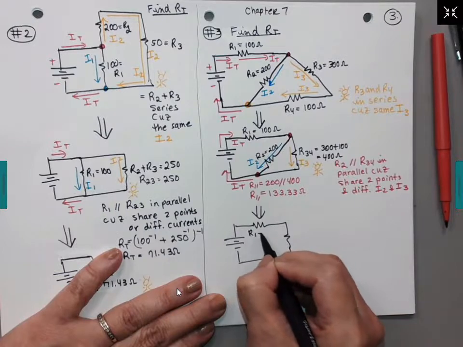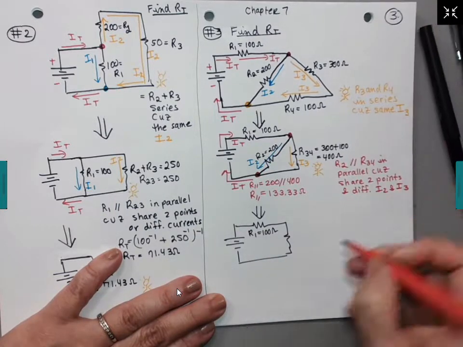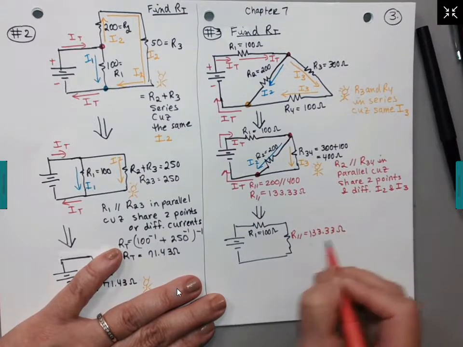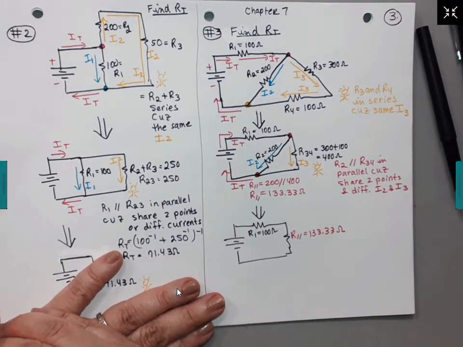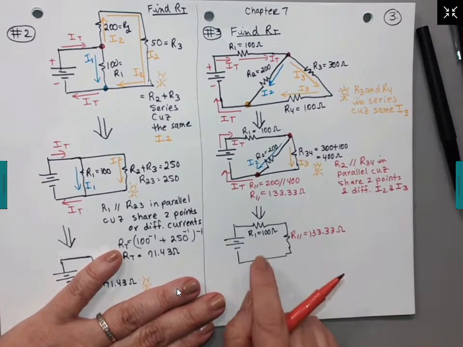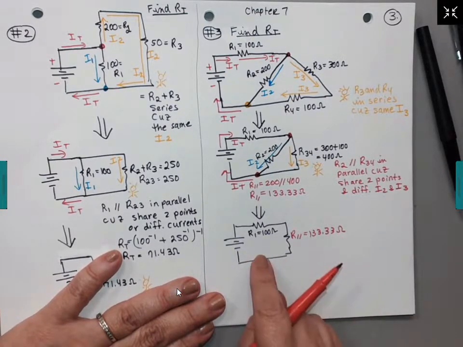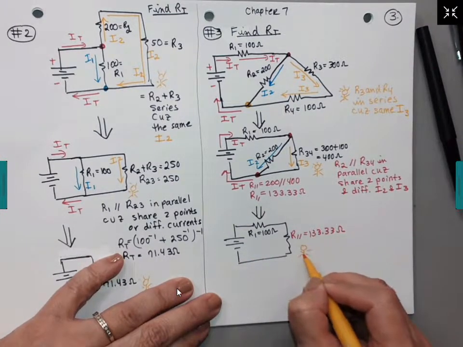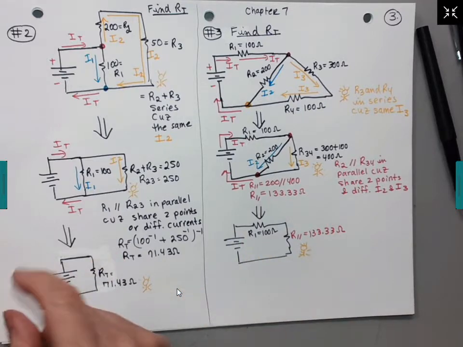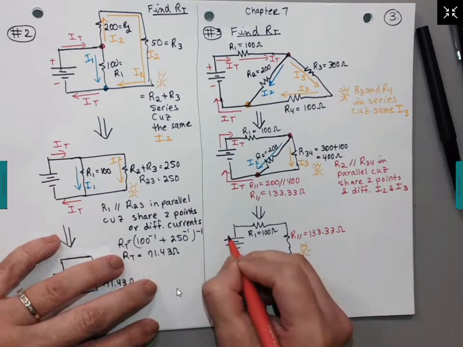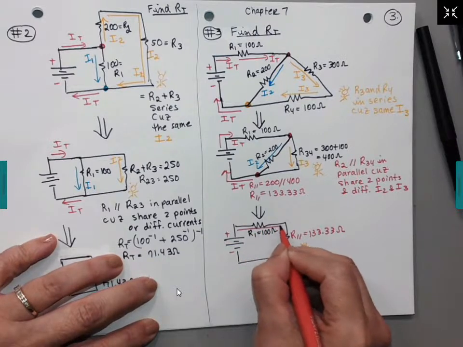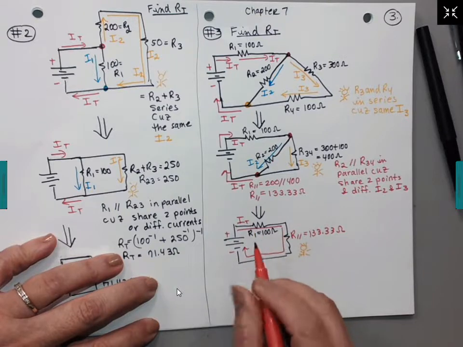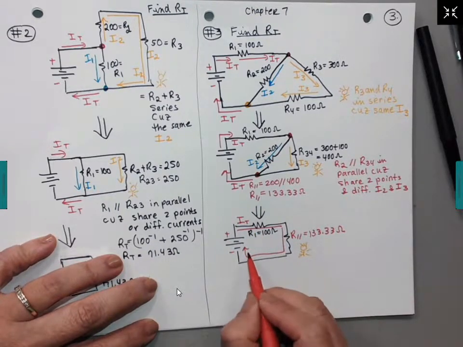So this is my R1, 100, and this guy is my R parallel, 133.33 ohms. Is the current the same in the circuit? Is the current the same? Yes, it's a series circuit, guys. Look at my little guy. My little guy can see both of them. That means if you go and get the current through here, it is the same current going through all of that. Think of your little bumper car. You just go around the corner. Same